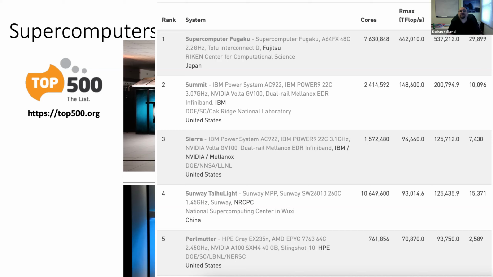The second one is Tamit. It was first maybe half a year ago, so the United States was first. And as you see, the fourth one is China. But this changes very frequently.